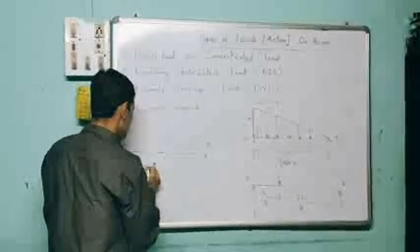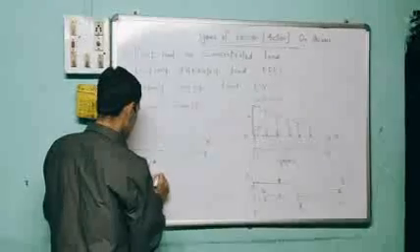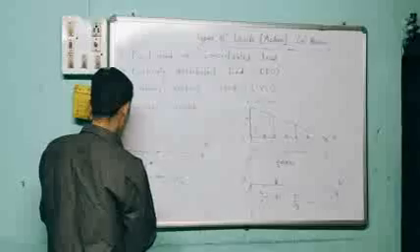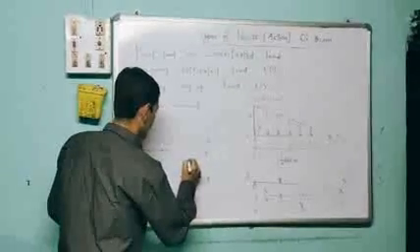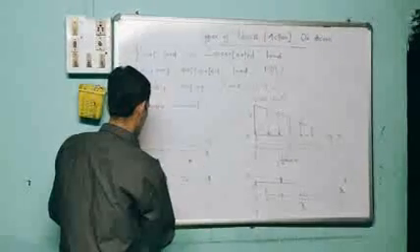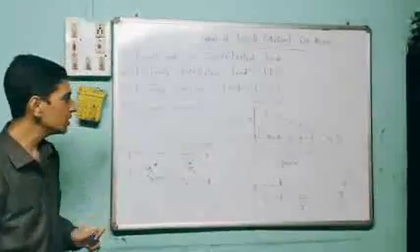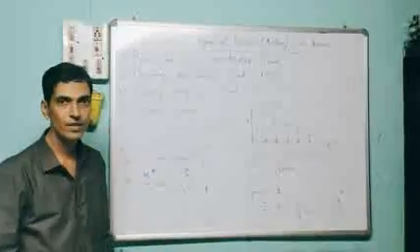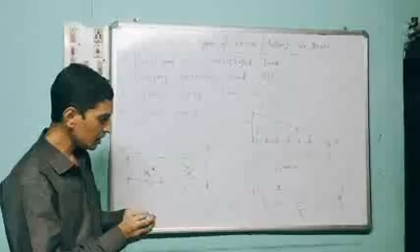Here M is the moment of a couple. Suppose it is acting at exactly the center of the span. It may act anywhere on the length of a beam, either one point load or one couple moment or the next couple moment, anywhere. Let us take M1 and M2 as the two couple moments applied on the length of the beam. You can show the couple moments like this. So these are the different types of loads applied on the beams.